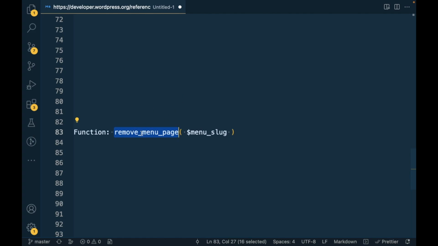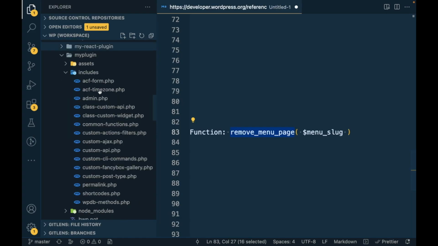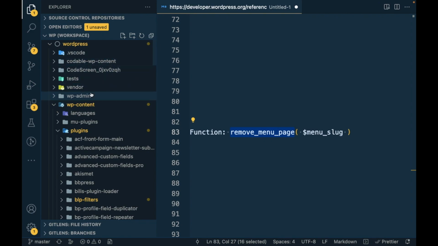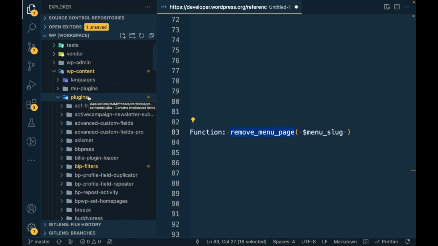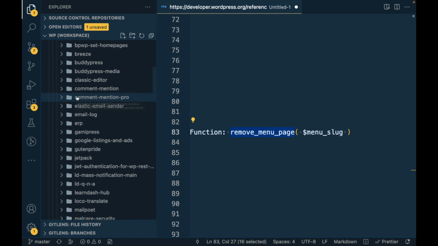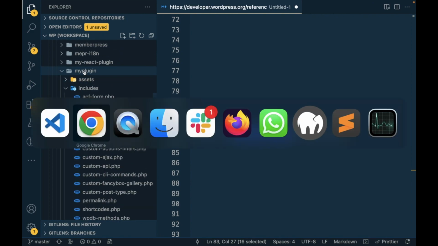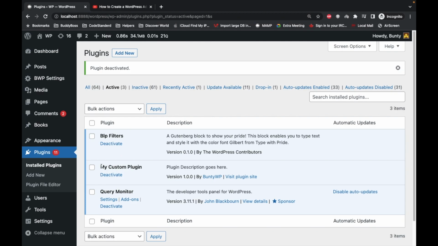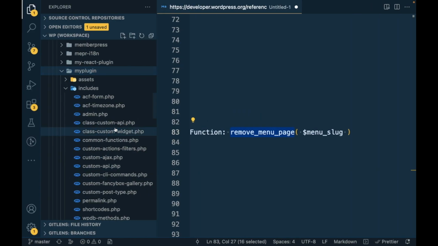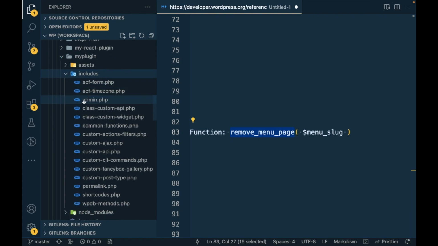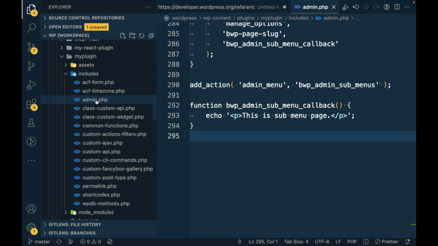And how to use this function? For that I'm going to open my custom plugin. This is my local WordPress repo. So I'm going to wp-content, plugins, my plugin. This is my custom plugin which I showed over here. Inside my plugin, includes, as this is admin related stuff, I'm going to open admin.php